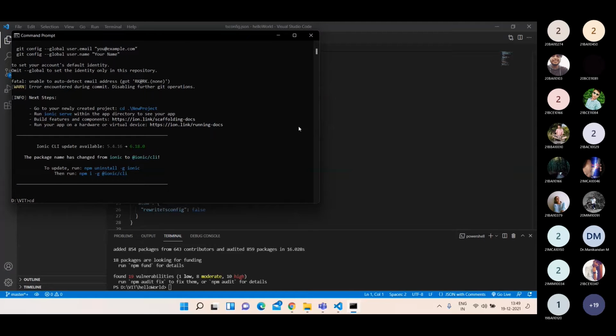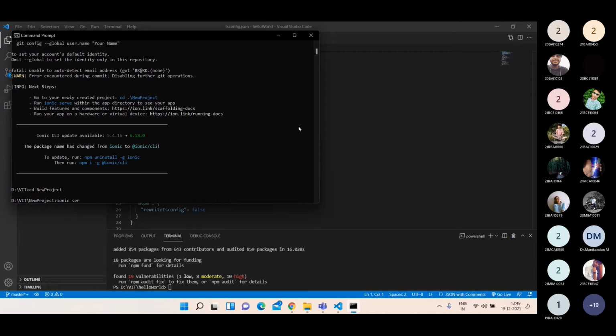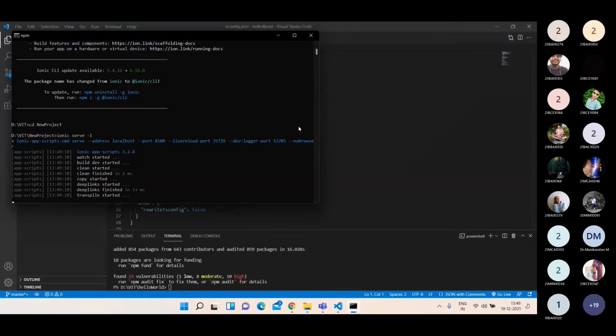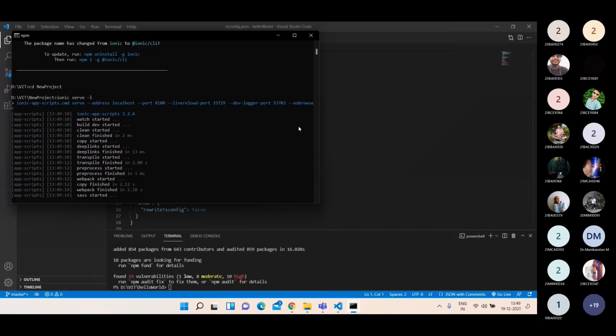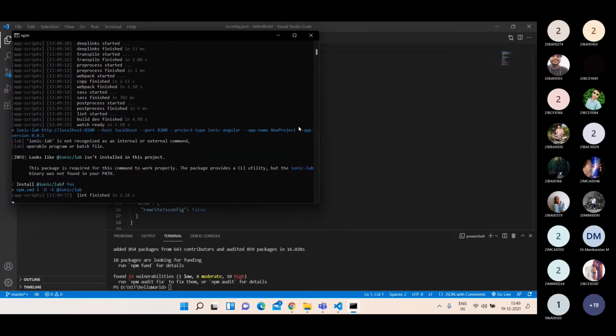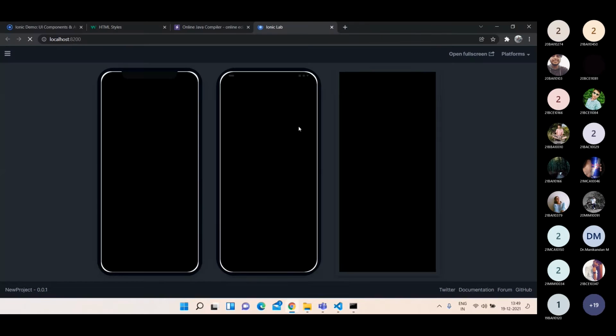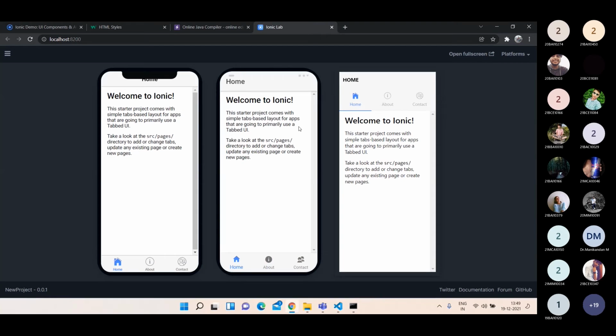Now I'm in the new project and I'm giving ionic serve. So the tabs application will look like this. Previously we had the blank application and now we have the tabs application. Can you feel the difference between these two things?